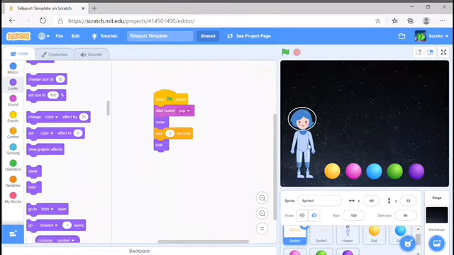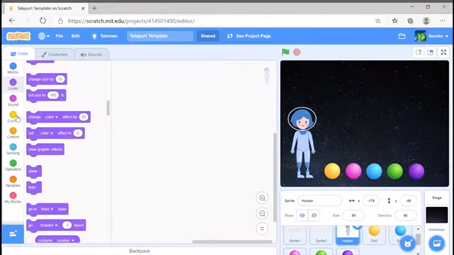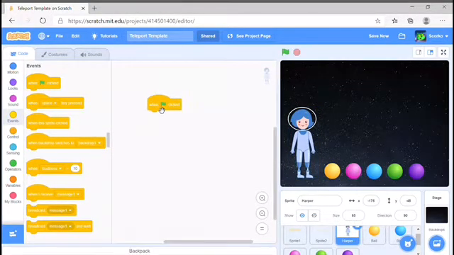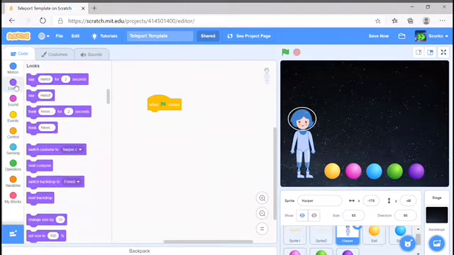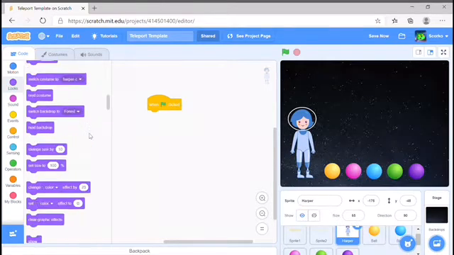So what about Harper? Because we don't want Harper just standing there looking kind of bored. We want Harper to kind of do something. And it's kind of more fun if you've got a character in a project rather than just pressing buttons and changing the backgrounds. So let's start with, we'll click on Harper first, that's a good idea. Let's start with the When Green Flag Clicked, and I reckon we might want to make Harper a little bit smaller when she starts her little adventure. So let's set her size to